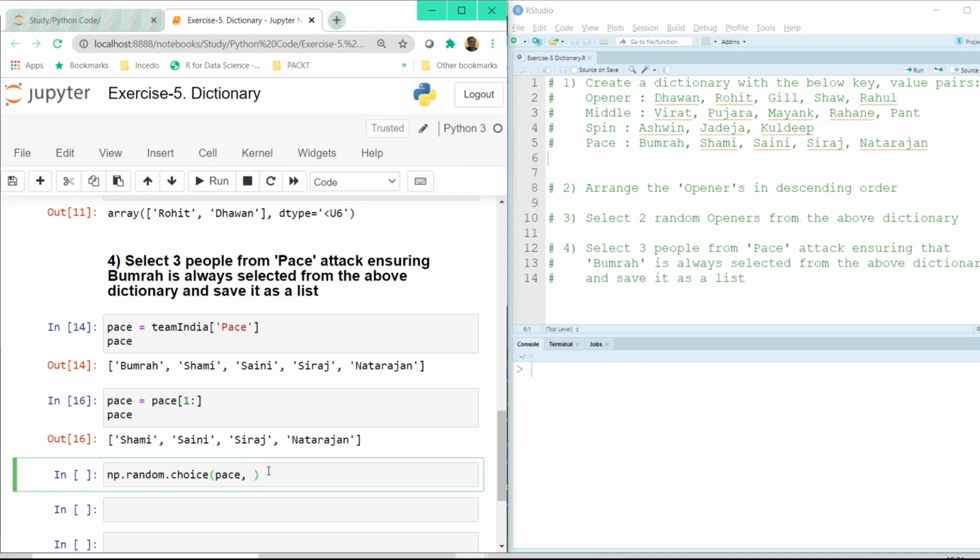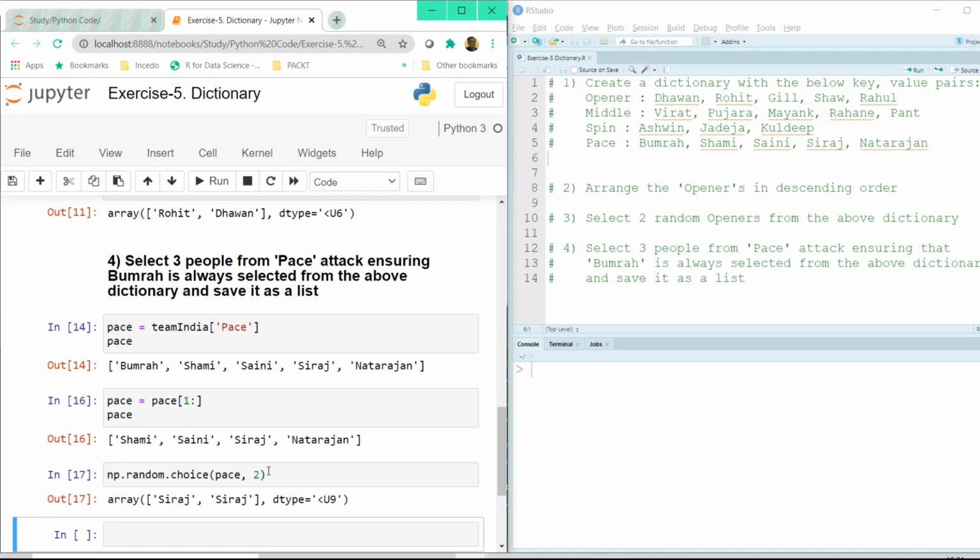So if I print 2 and click on shift plus enter, once again here I cannot select the same person again and again. So I have to be wary of this, and I have to pass replace equal to false. So now if I click on shift plus enter button, now we have Saini and Siraj. If I again click on control plus enter, these 2 candidates will keep on changing randomly.